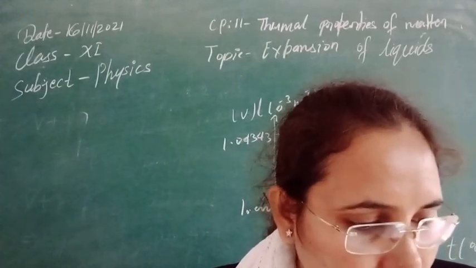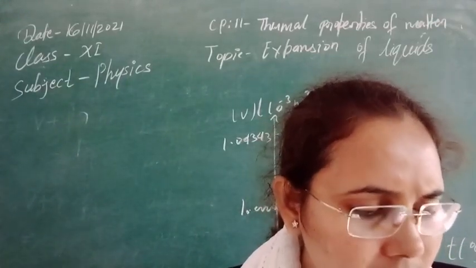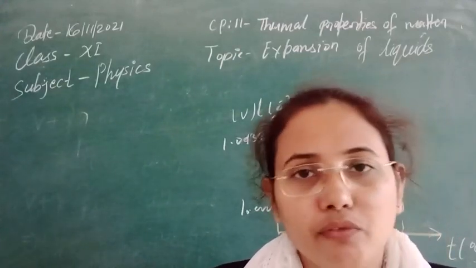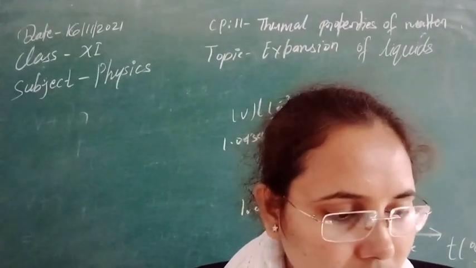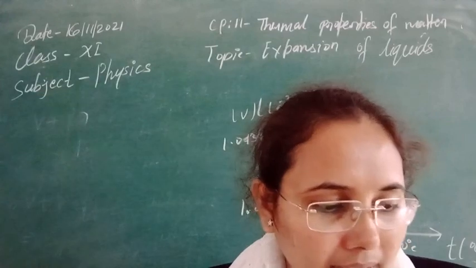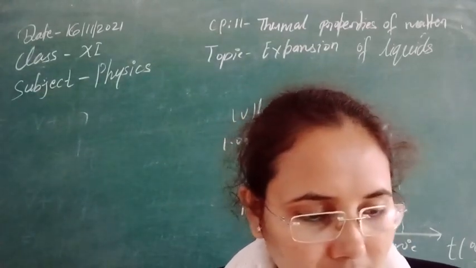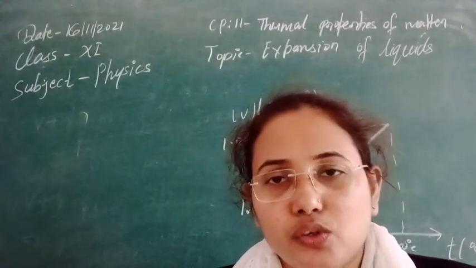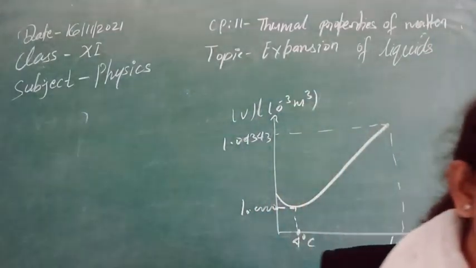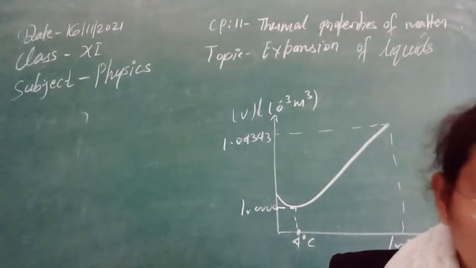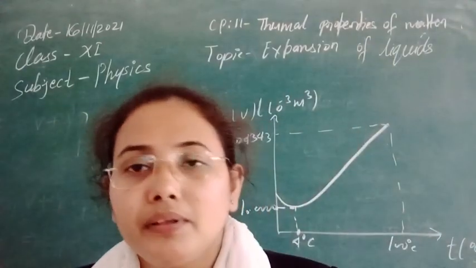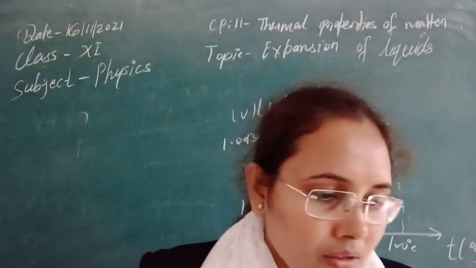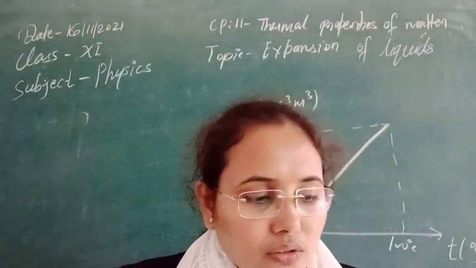Then the less dense, warmer water near the bottom of the lake starts to rise up. However, once the colder water on top of the lake reaches a temperature below 4 degrees Celsius, it becomes less dense and remains at the surface of the lake, where it starts to freeze. So the water at the bottom of the lake remains at 4 degrees Celsius, which helps the animals survive the winter season easily. I think it is now clear how this changes.